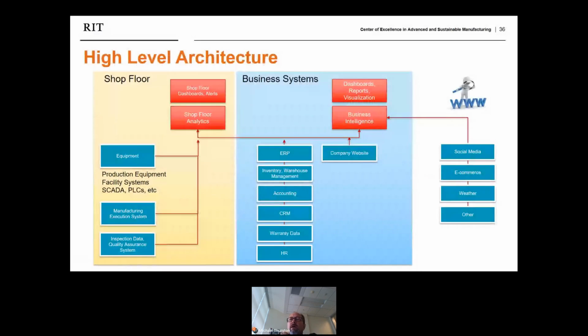I talked about applications of data analytics at the shop floor level and the business level, and also some of the types of data that can be useful. Business analytics will often use data collected from the shop floor, and shop floor analytics will sometimes use data from enterprise business systems for context. In order to get started, you need ways to store and access critical shop floor and business data. In this section of the webinar, we'll go into some more details on that.